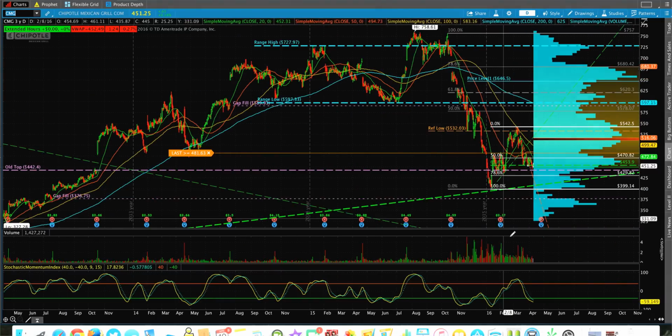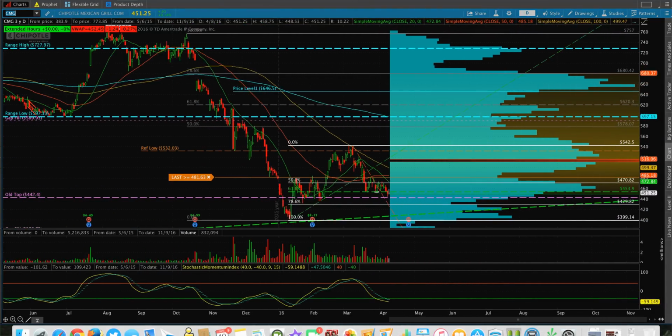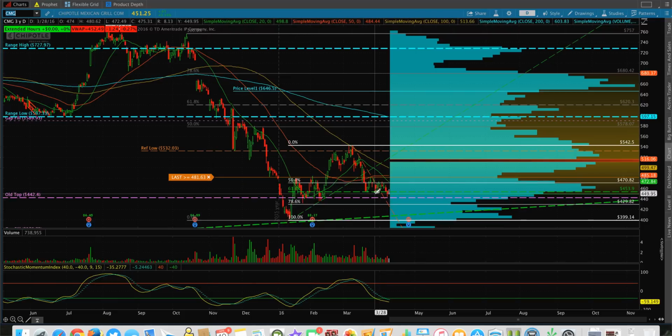Chipotle. All right, let's talk Chipotle. I see an interesting setup here. I don't know, maybe Head and Shoulders. You have lows here, reference lows. You had tweezers here. You broke it. You had a look above and fail. If you're below